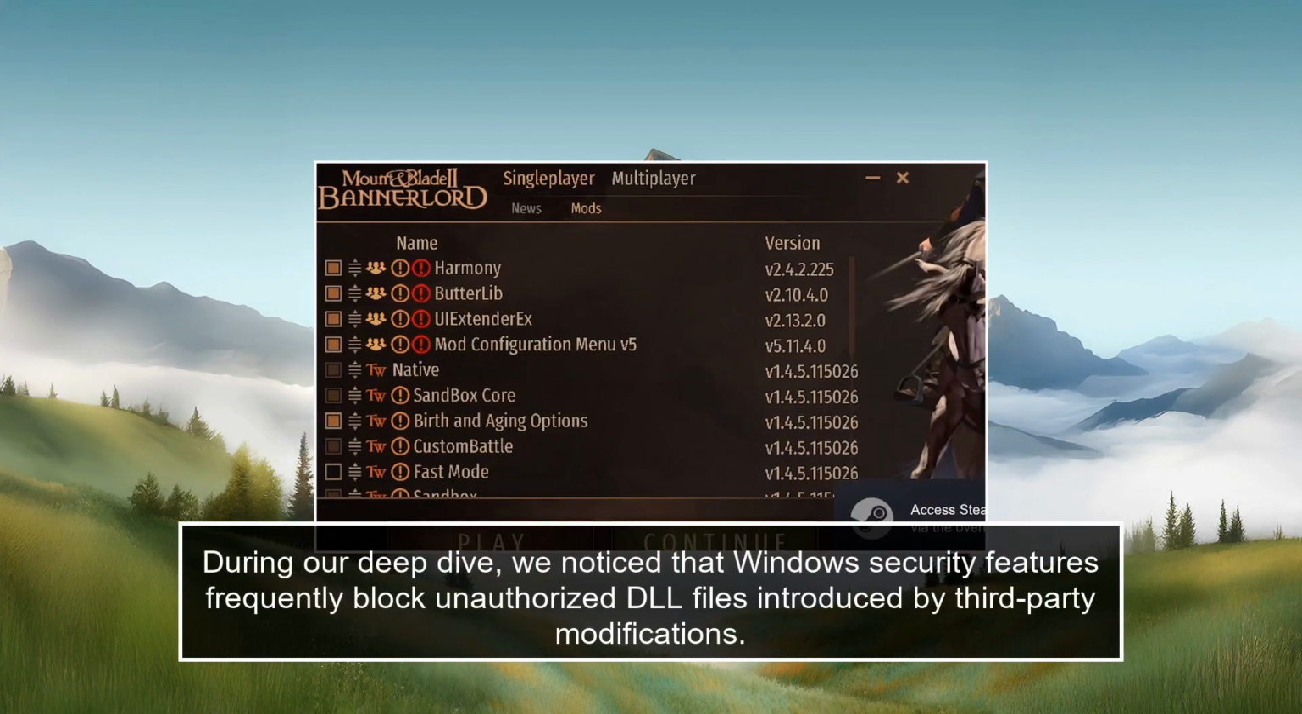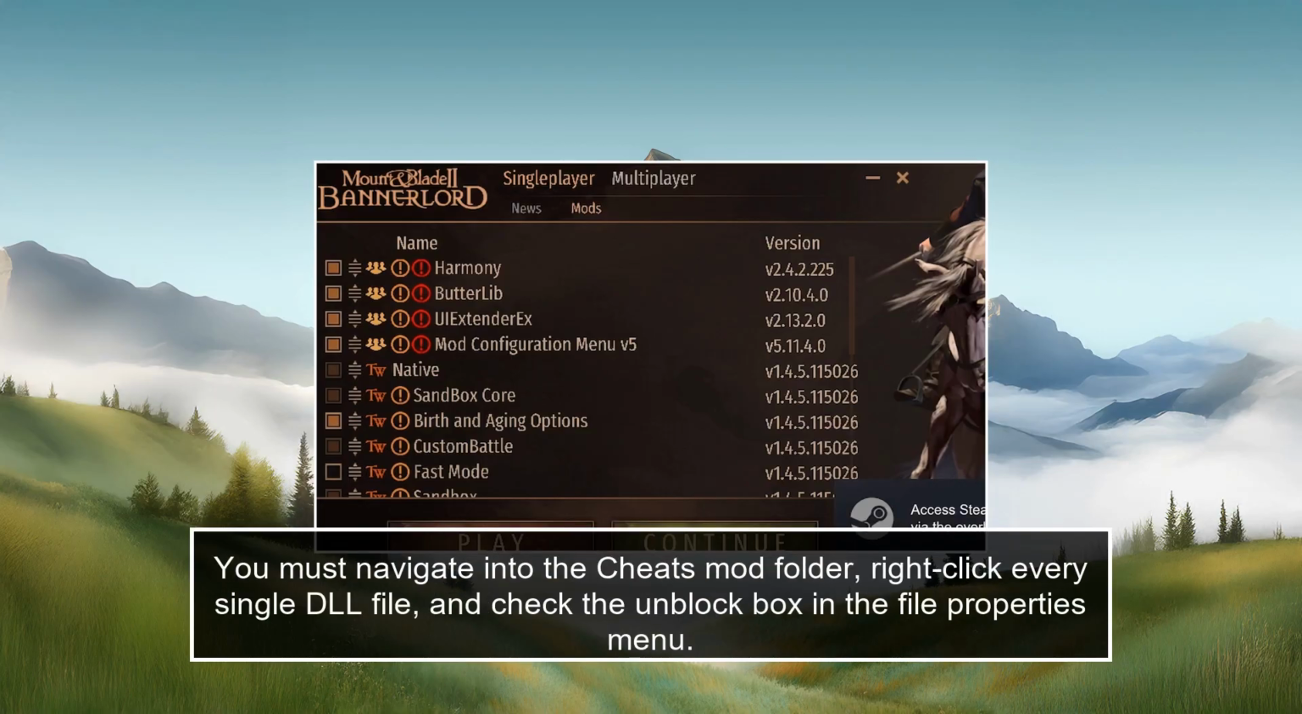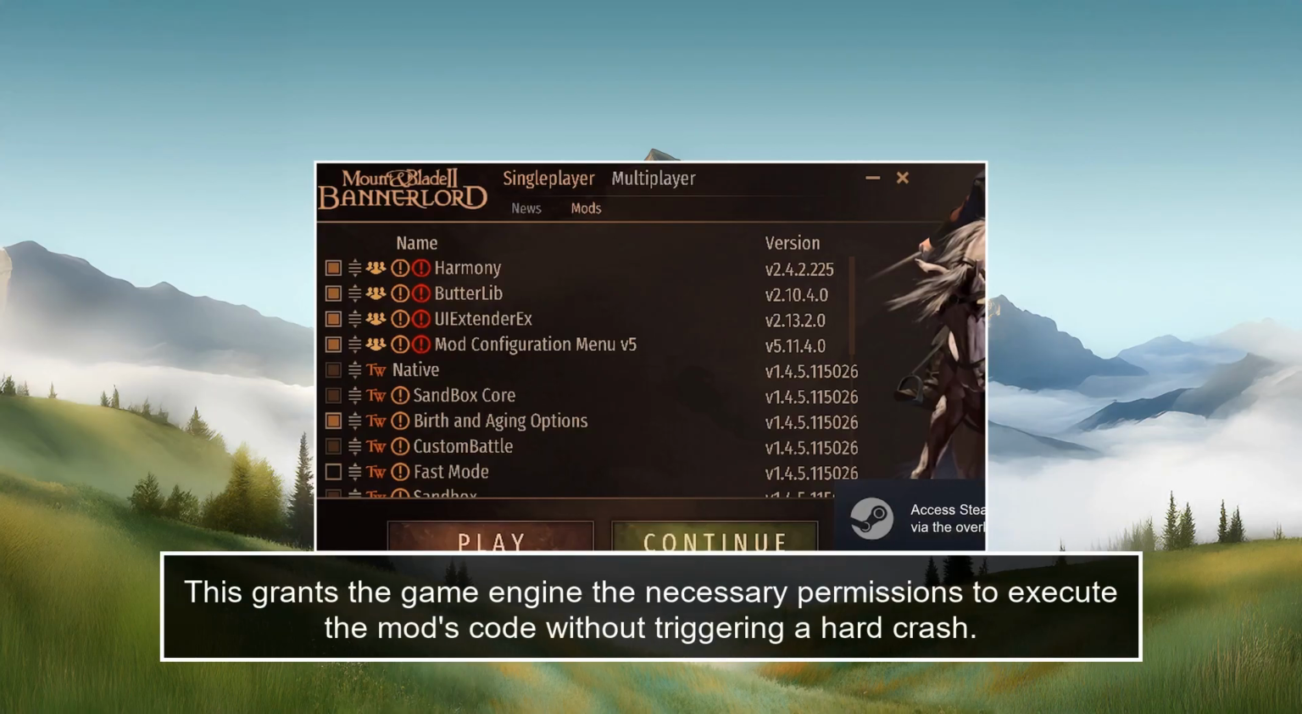During our deep dive, we noticed that Windows security features frequently block unauthorized DLL files introduced by third-party modifications. You must navigate into the cheats mod folder, right-click every single DLL file, and check the Unblock box in the File Properties menu. This grants the game engine the necessary permissions to execute the mod's code without triggering a hard